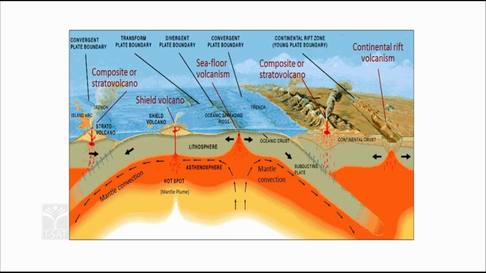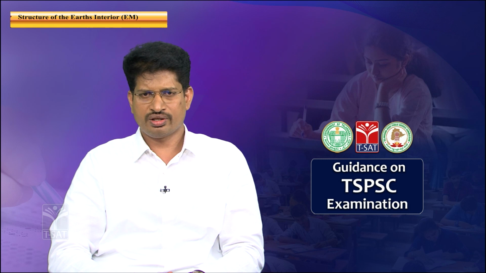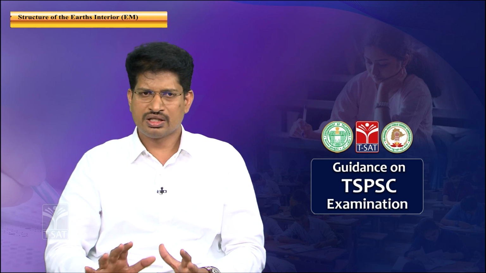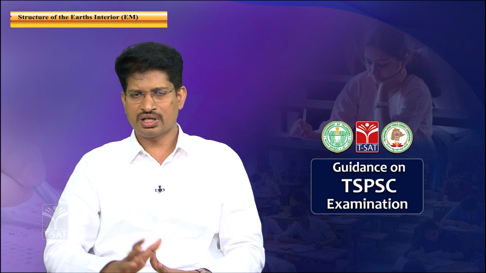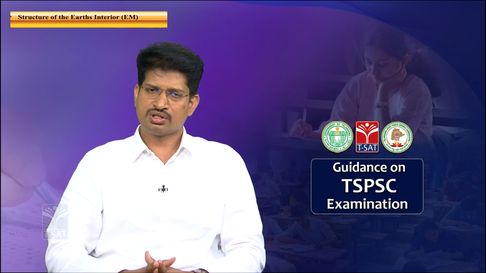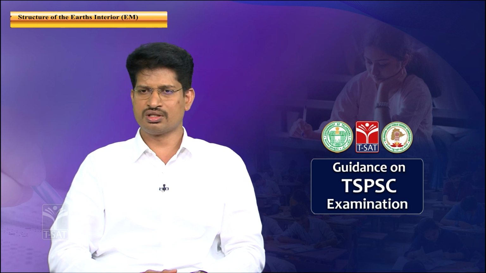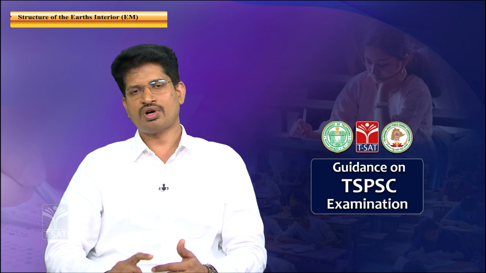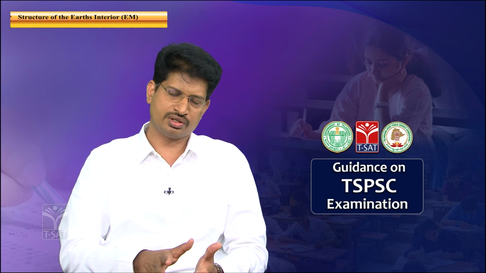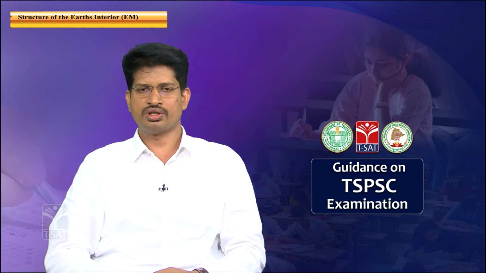Because of this, you have different plate boundaries. When you imagine the crust or the lithospheric plate completely above the Earth, it consists of convergent, divergent and transform plate boundaries. When the surface of the Earth is considered, there are certain elements which the crust is made up of. Predominantly, as I have already mentioned, oxygen is a predominant element. You may doubt that oxygen is a gas, so how can it exist? Oxygen is in the form of a mineral, a molecule reacted with some other element. That is the reason why it can exist in a solid state.